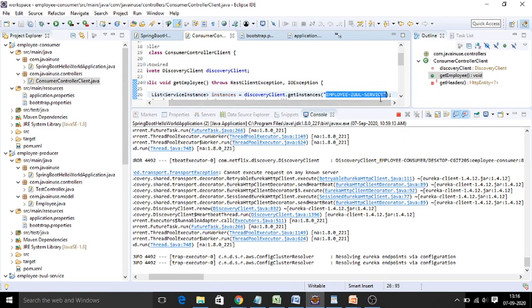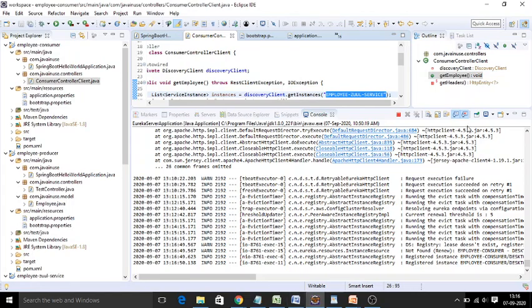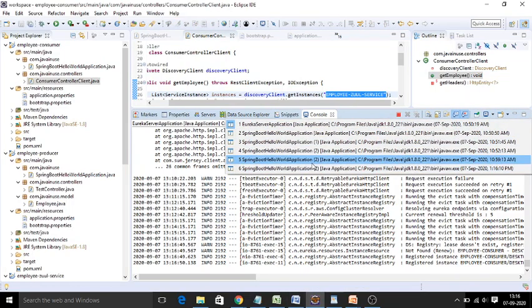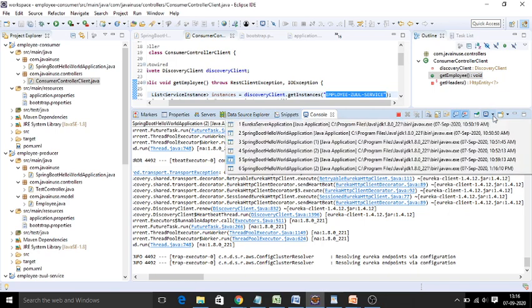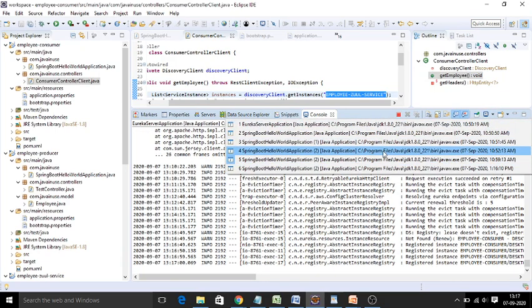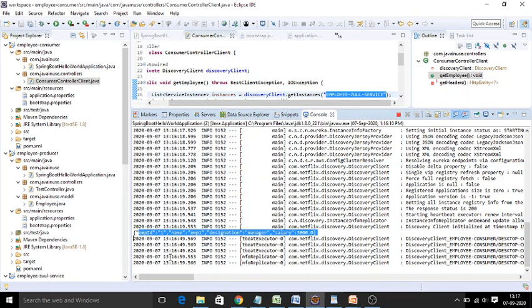So how can you observe this gateway? Here you can see at the console. If you are directly mapping with the URL for your microservice producer service, you are getting the result. The same thing you can look into your client application. In the client application, meaning the consumer application, you are getting the same output.